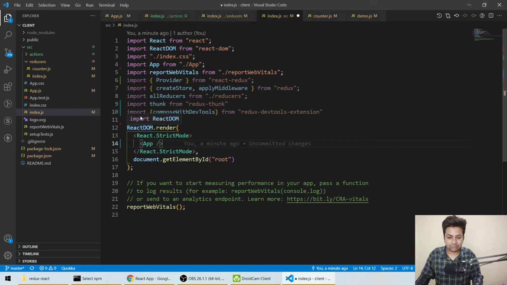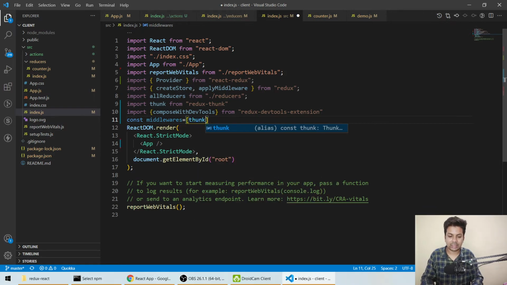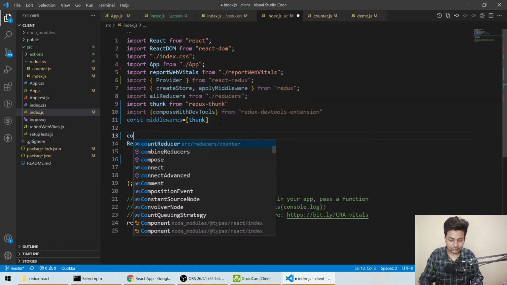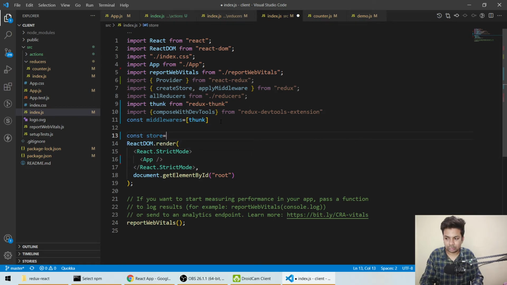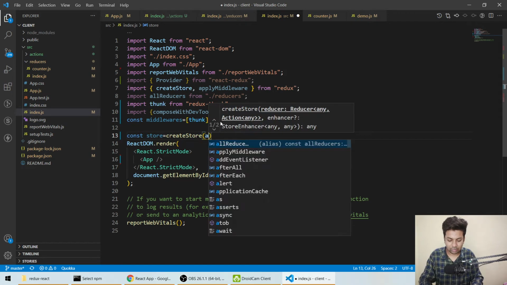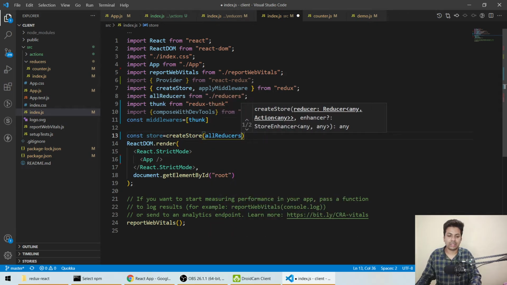After that we'll say const middleware equals thunk. Okay, we are using thunk as a middleware. And now we have to create the store, like how we created the store in the demo. So we'll say const store equals createStore, and here we'll pass allReducers, so it creates the store for however many reducers there are.